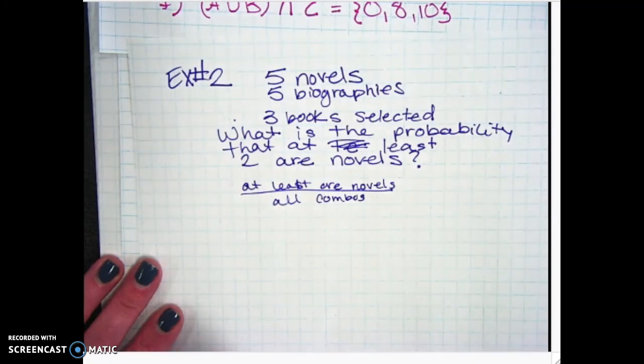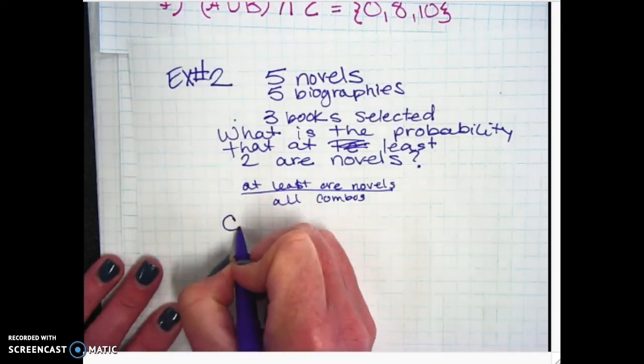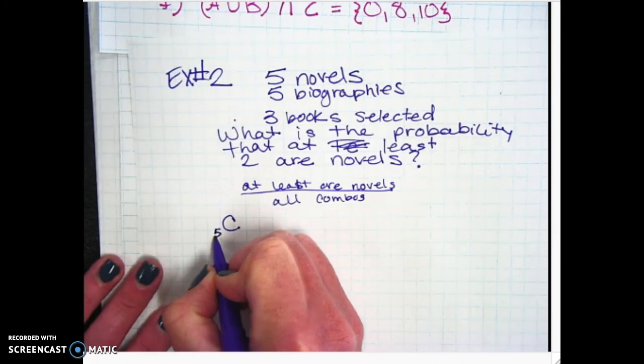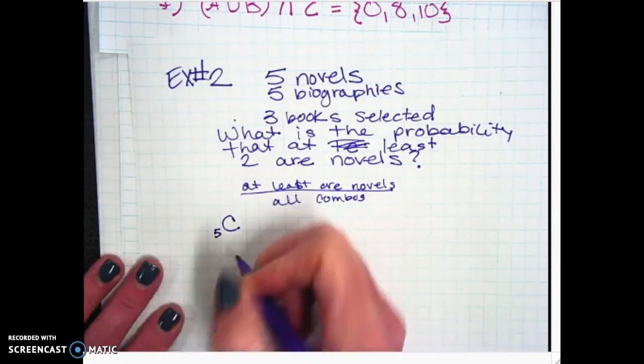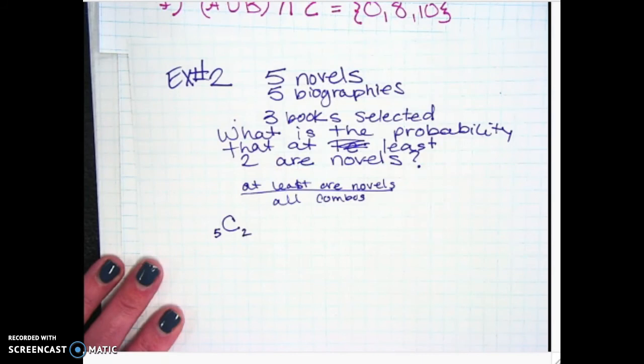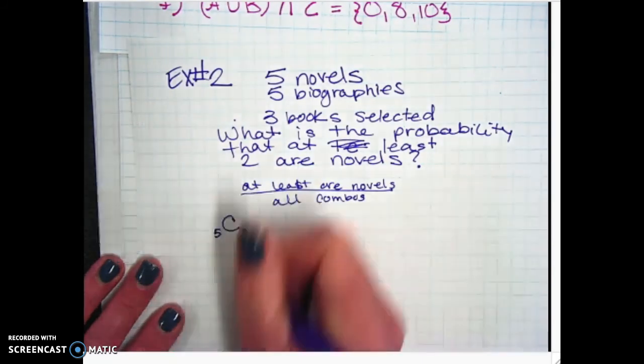Let's do at least 2 are novels. So how many novels do we have? 5. So if we're going to pick out of 5, we want 2, and then we're going to multiply it